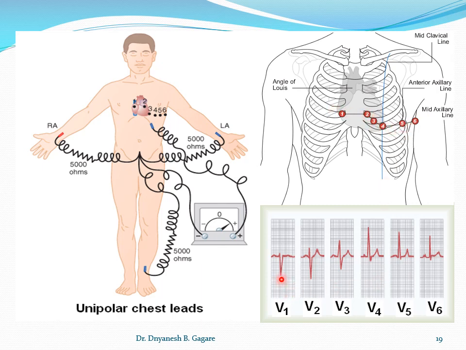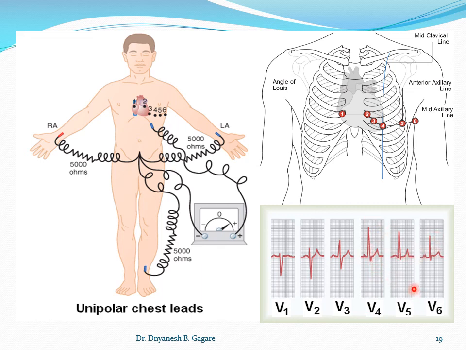Okay, now if you see this ECG, under the interpretation of this ECG, you can see that if you see the waves in V1 and V2, the waves are negative. So particularly QRS complex here in V1 and here in V2, the R wave is negative. Okay, here in V3 it is in between, but for V4 to V6, the waves, that is R wave and T wave, both are positive.